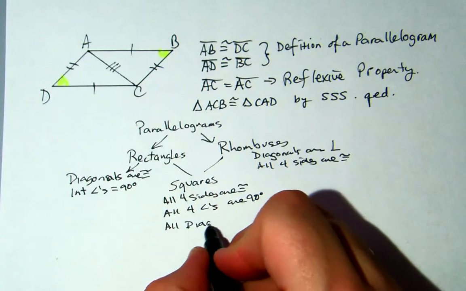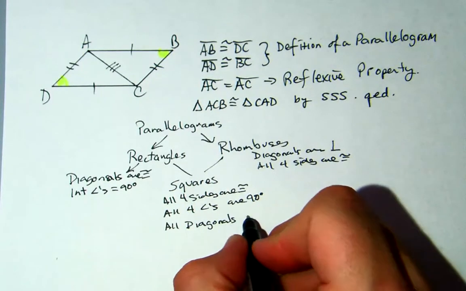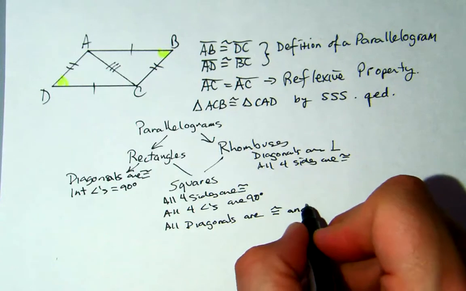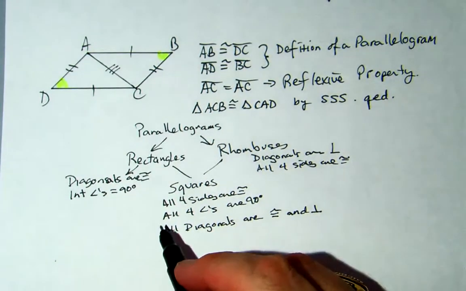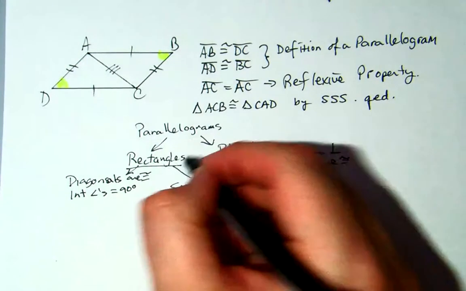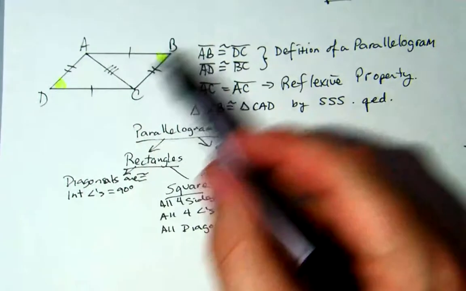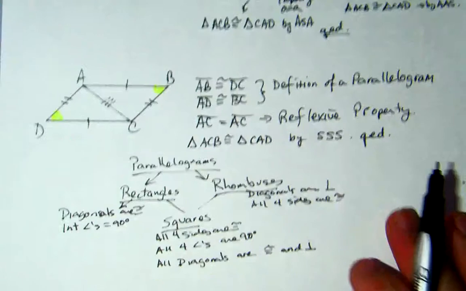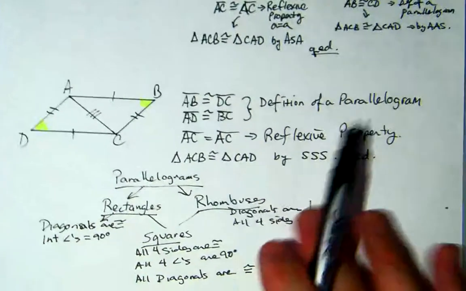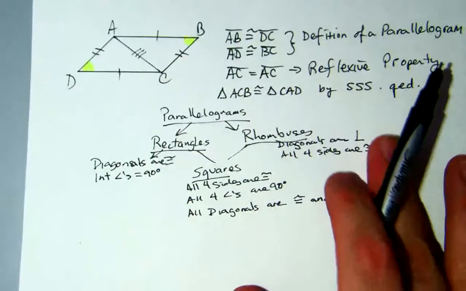All diagonals are congruent and perpendicular. So there are extra characteristics that we could use to prove different situations for parallelograms. But being able to prove that these triangles work is going to help us, especially if we wanted to,